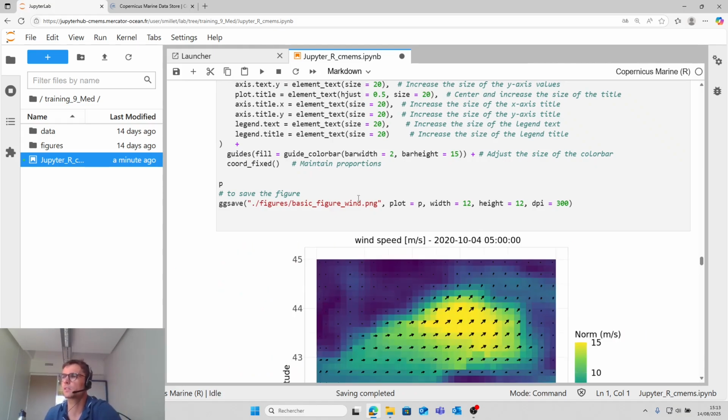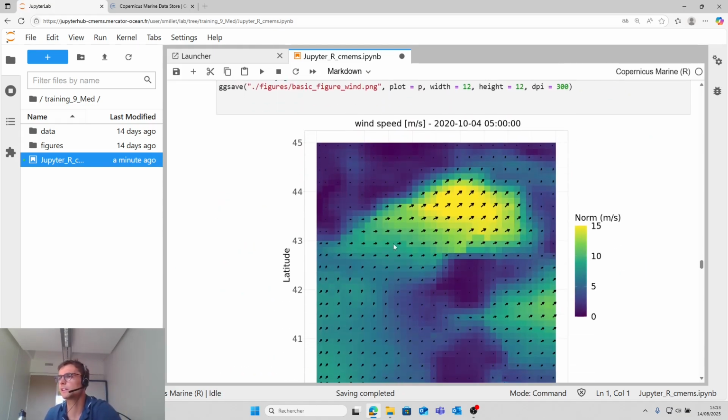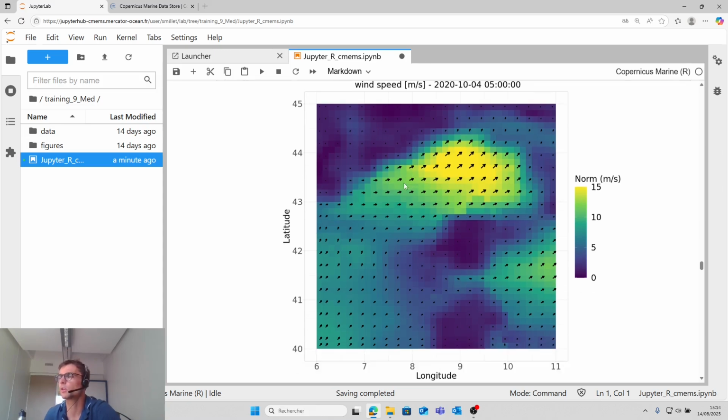So we can plot, and you can see here the wind for the same date as for wave, and the wind is coming from the southwest here, and is quite strong near the coast, exactly the same as for wave height, because it is here that the waves are highest.